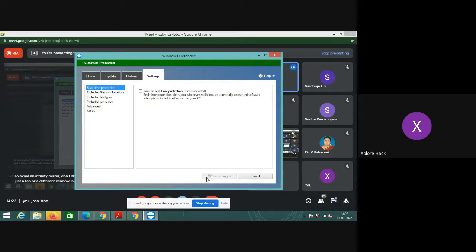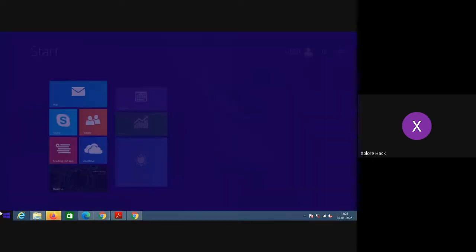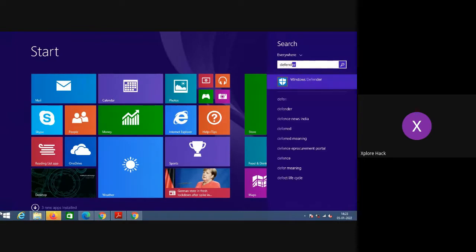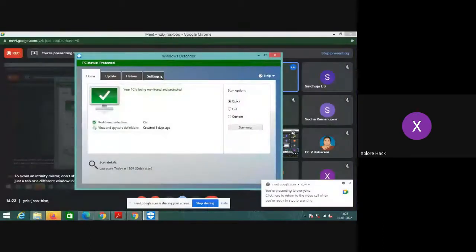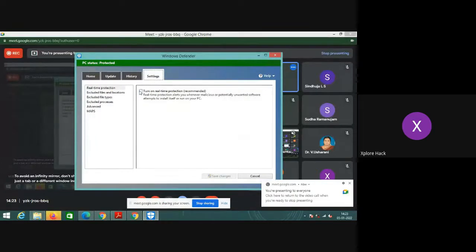So to avoid the detection of my payload, I need to disable the firewall settings in my victim machine. Okay, so I made this change. Again, defender settings. Turn on. But still,